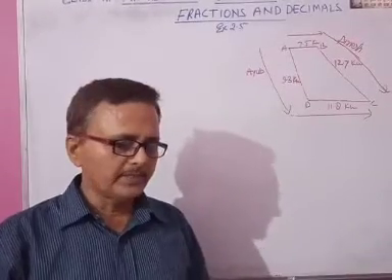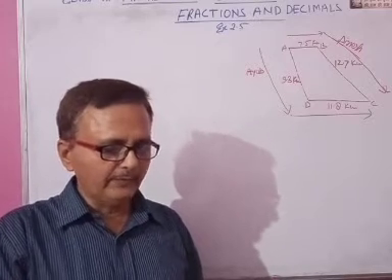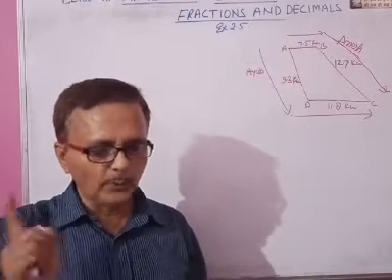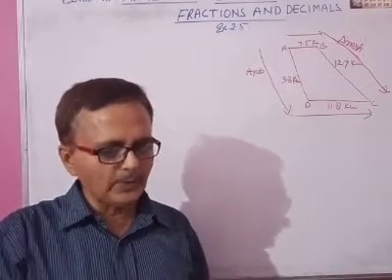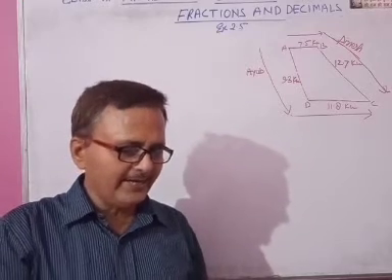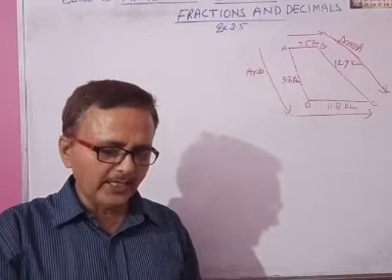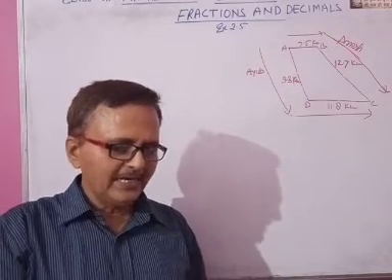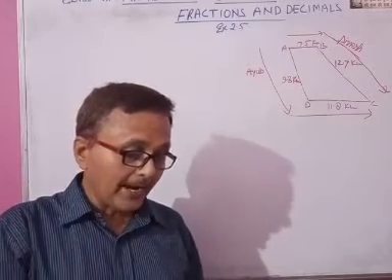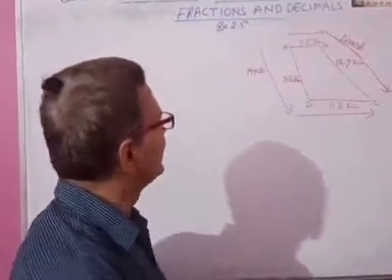Now question number 7. Dinesh went from place A to place B and from there to place C. A is 7.5 km from B and B is 12.7 km from C. Ayub went from place A to place D and from there to place C. D is 9.3 km from A and C is 11.8 km from D. Who traveled more and by how much? You will find who traveled more and by how much.